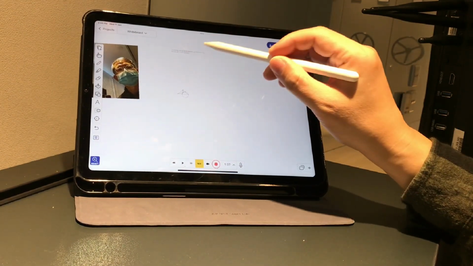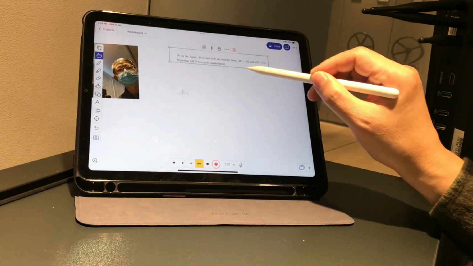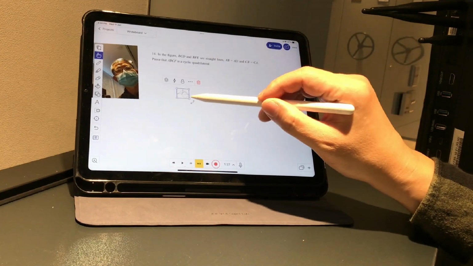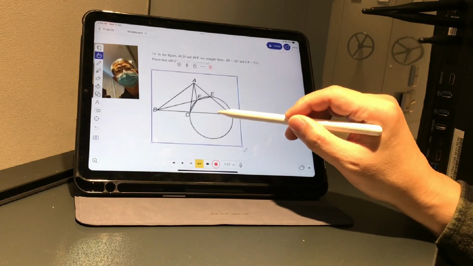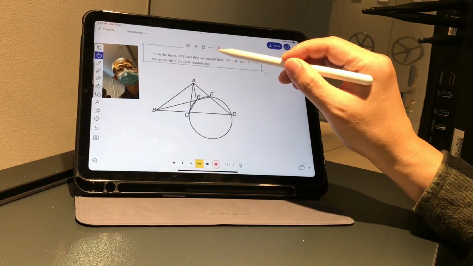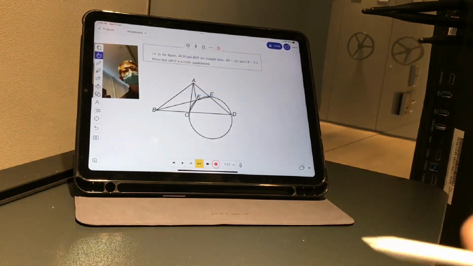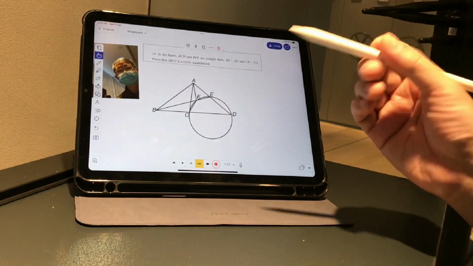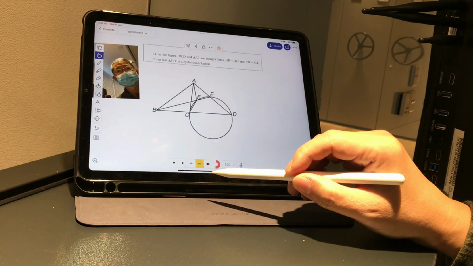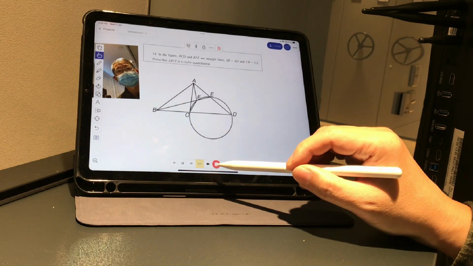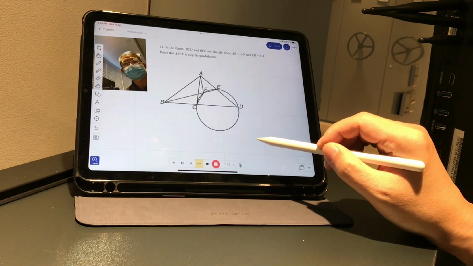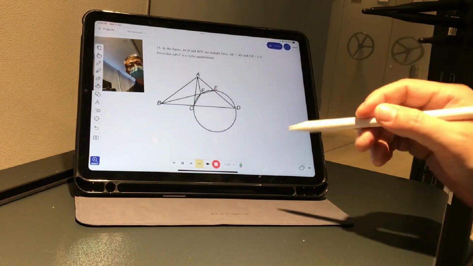Let me resize it a little bit for easy viewing for my students. This is the question. This is the figure. I want to enlarge it here. So let's lock this. Now I will start. Now I start recording my video and also how I explain the